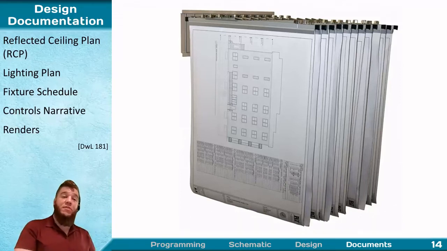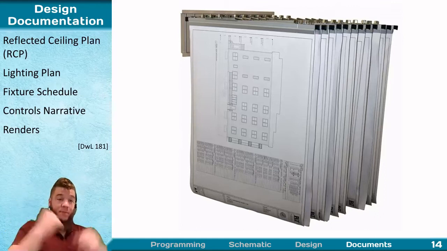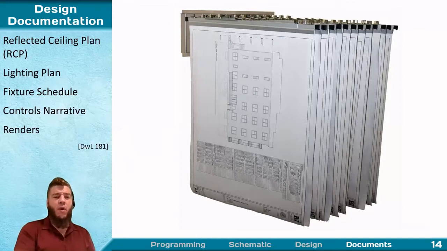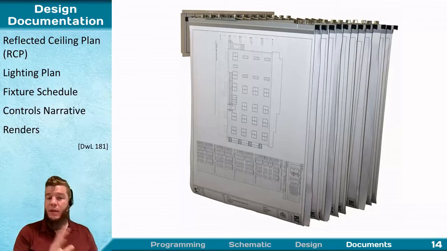Great. This brings us to design documentation. Several aspects are going to be relevant for your projects and are the core of what lighting designers provide in the documentation for a building design. They are right here: the reflected ceiling plan and the lighting plan, which are similar but distinct,